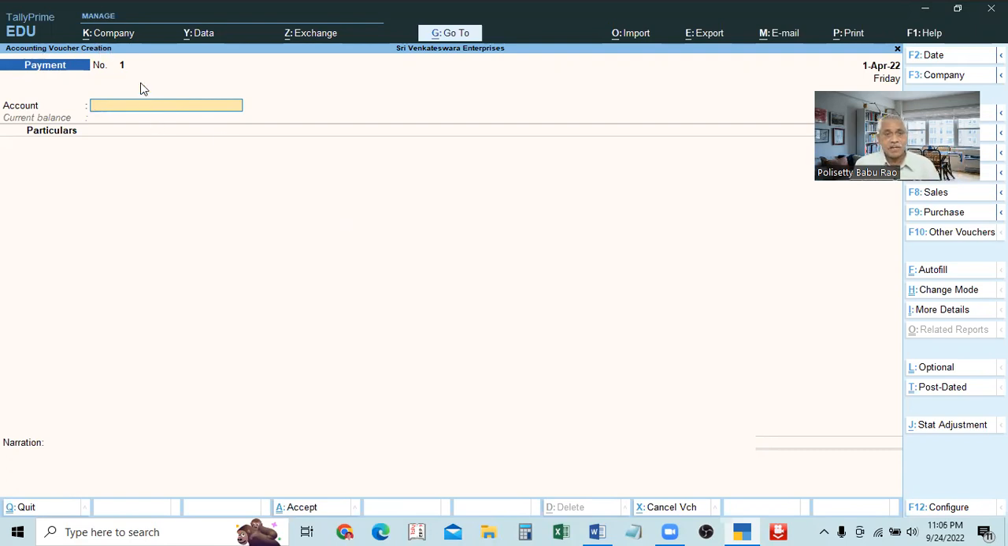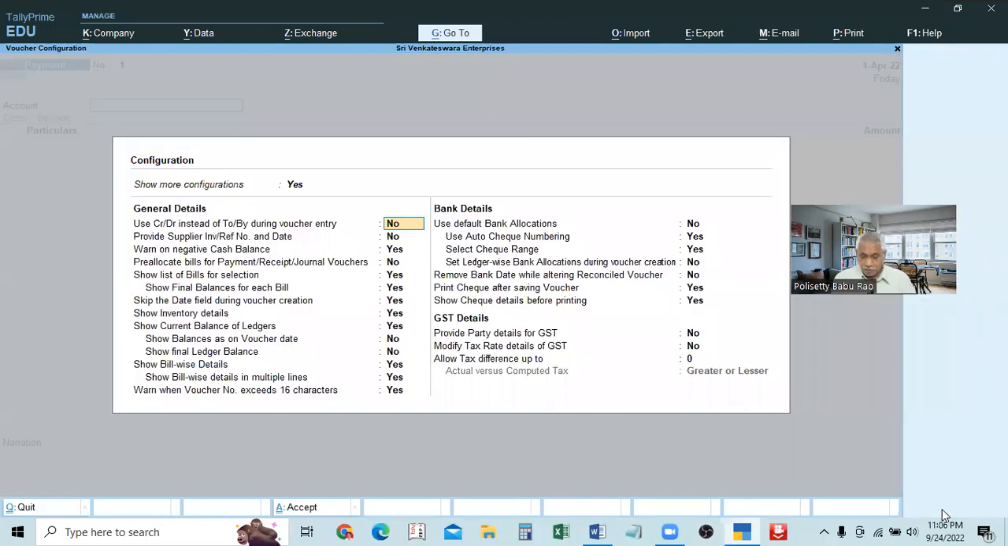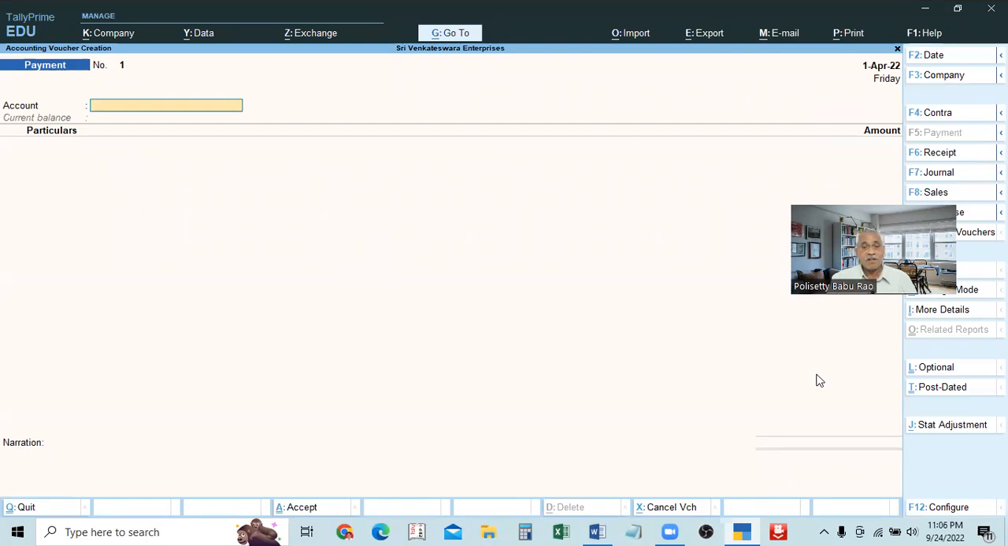And in every accounting voucher, the contra, and the other vouchers also, in the right button menu at the bottom, you can see Configure under F12. So you can click this Configure, or you can press F12 on our keyboard. If you press enter, this will be available. What is the meaning of configure? Configuration means all the features which are available are shown